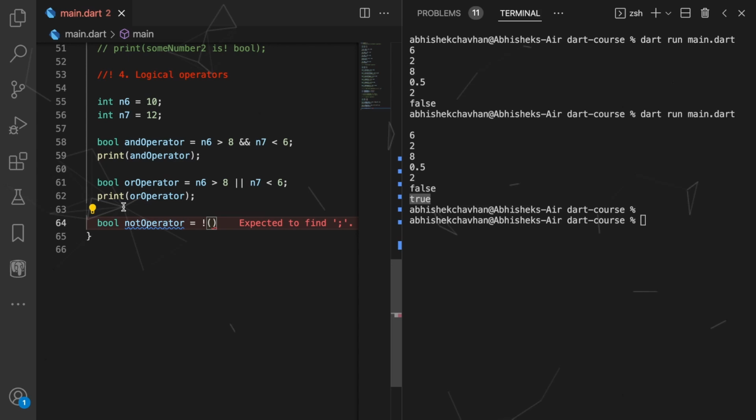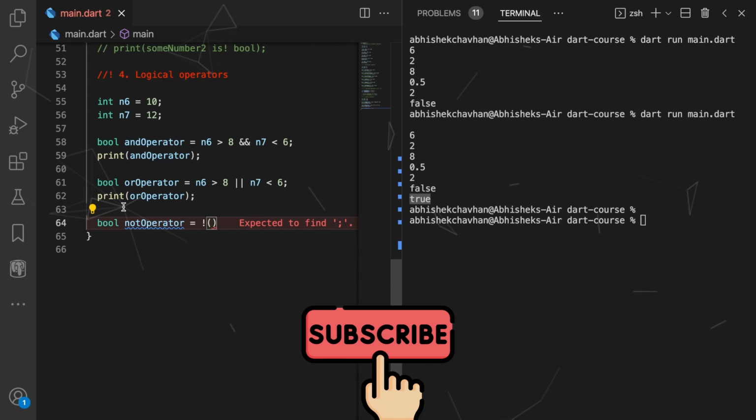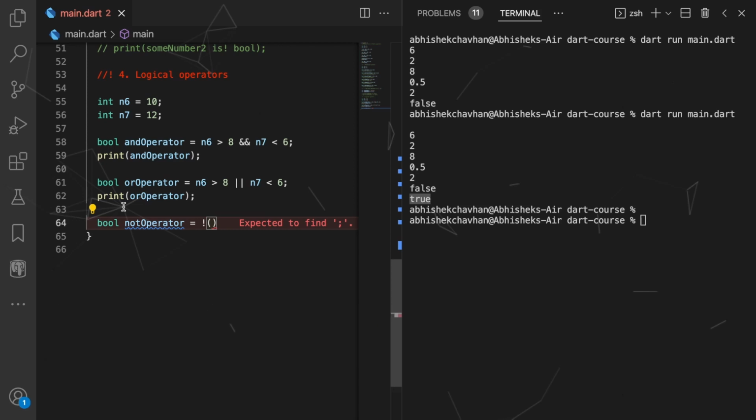That is, if I comment out my OR operator and run it, it will be doing the inverse of AND, that is the initial condition. The AND operator's value is false because n7 is not smaller than 6, but the not operator will be doing the inverse of it, right? It will be giving a true value, because using the not operator, it will be inverting the whole criteria of our AND operator or any sort of operator. That is, if I simply say here,